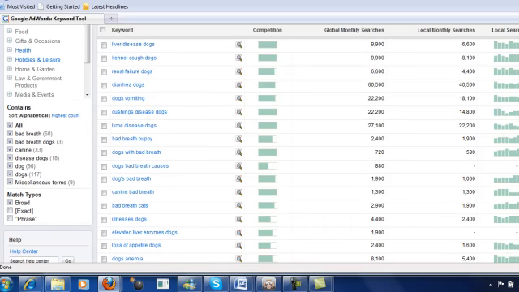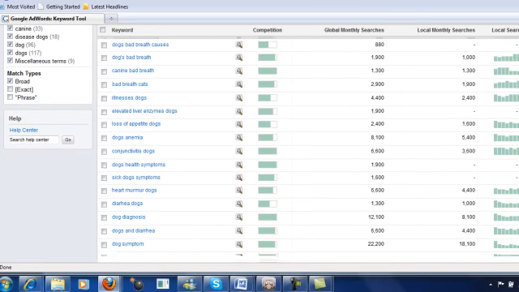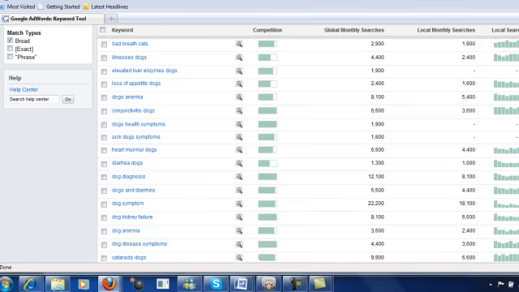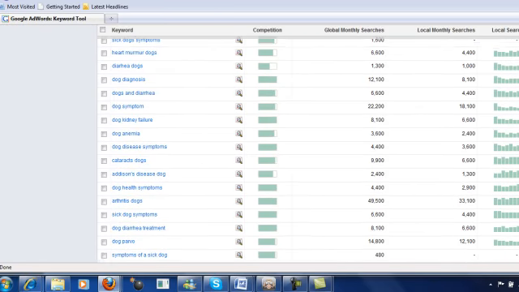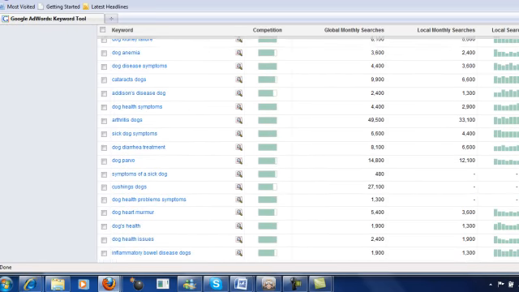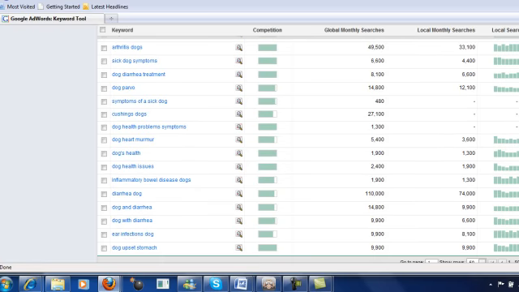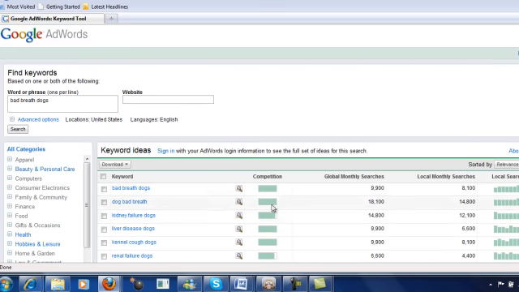anything worthwhile here. Again, the idea of this training is to show you my thought process. So it wasn't necessarily to find something, but just how to find it and what you want to look for. So this is all fine because I want to show you my thought process here. And what I realize is there's nothing here that I feel has a good combination of a low competition with